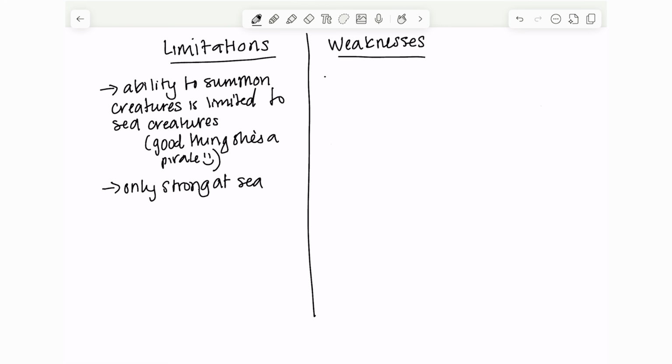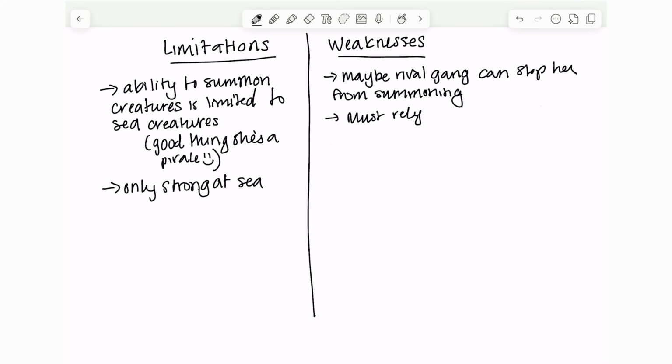Next, weaknesses. To add tension to this ability, I could say that summoning sea creatures has some type of glaring vulnerability. Maybe rival gangs might be able to disperse something into the air to stop her magic from taking effect, which means that she can't rely on her magic to win at sea, because she could be stopped. These limitations wouldn't just make her struggles more intense. They'd also force the character to rely on internal qualities like grit, cunning, and strength in order to emerge victorious.